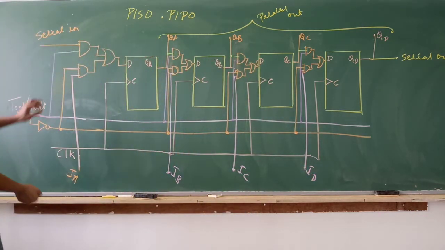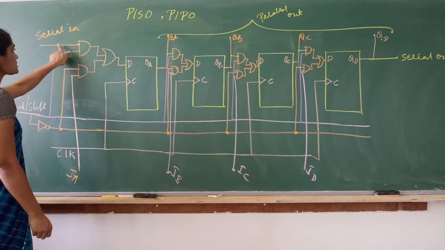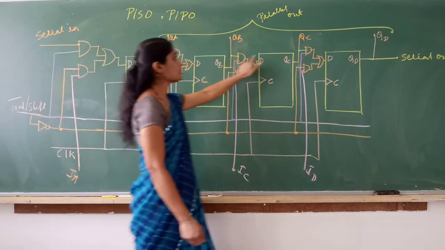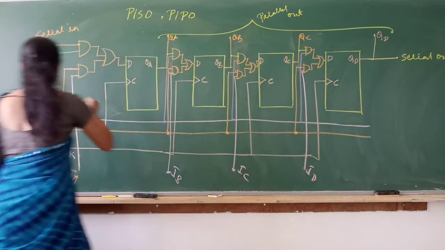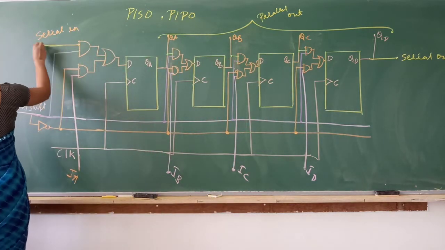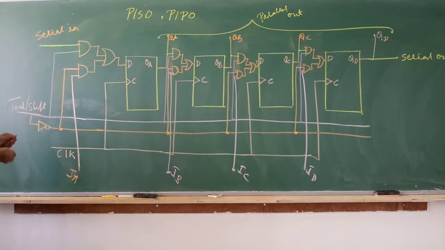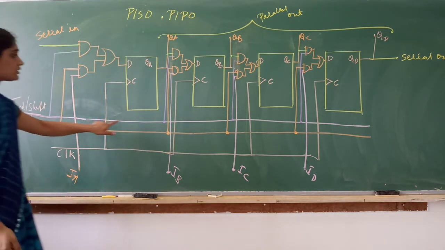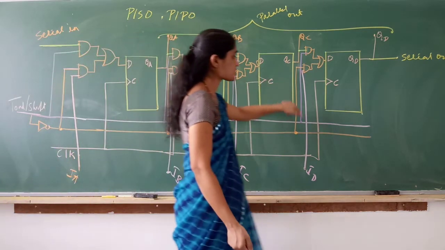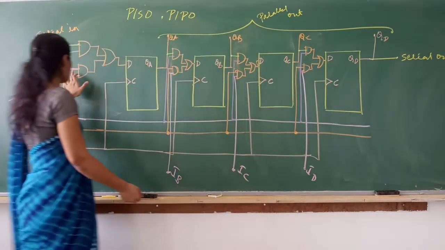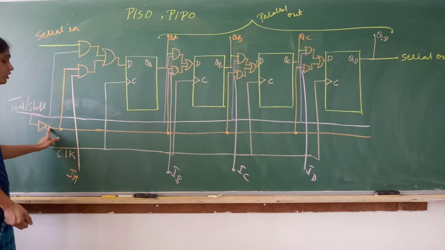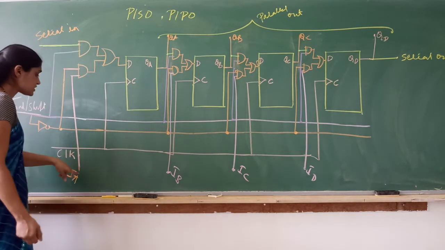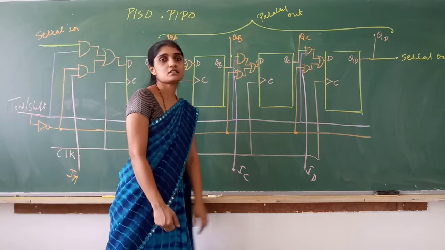Let me explain again. For the first AND gate, one input is serial input. It is from QA, it is from QB, it is from QC. Okay, I will write in green color so that the same connection you can mark. And what is the other input? It is from load bar shift line. For the second AND gate, one input is through a NOT gate, the same input through a NOT gate. Correct? The other input is parallel input. IA, IB, IC, ID. Okay.